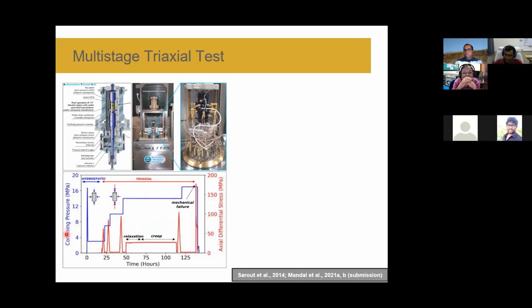The process normally starts once you put your sample in. You want to apply some amount of confining pressure. Confining pressure means you apply exactly the same amount of pressure all over the sample, like isotropic. So if you have any micro cracks or small fractures which are not visible from outside, you want to close those so that you can measure its mechanical behavior without considering the presence of micro cracks. Once we are done with that phase, we start the axial loading from the top and bottom section,